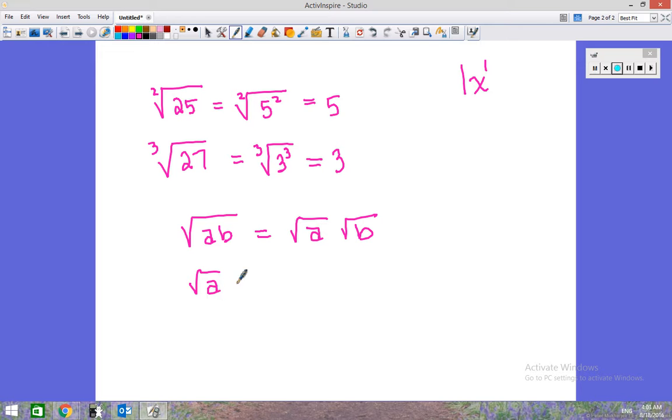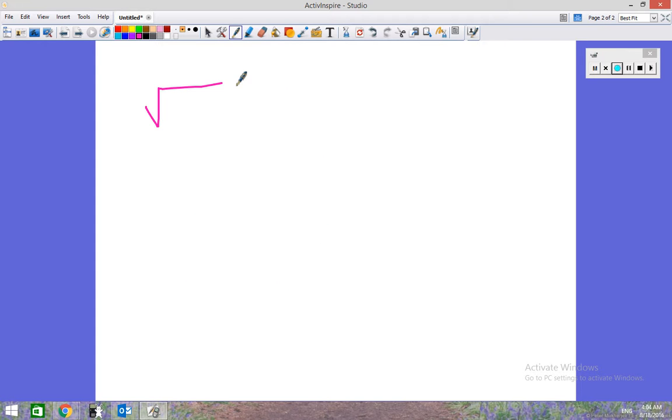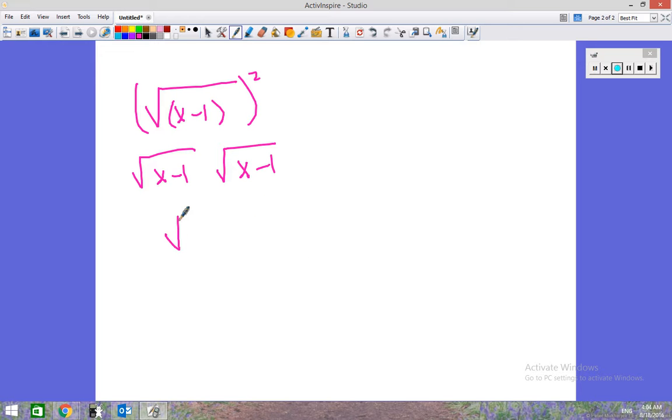If you have the square root of a times the square root of b, you can look at it as the square root of ab. So if I have the square root of, say, x minus 1, and I square that, then what I have is the square root of x minus 1 times the square root of x minus 1. I have the square root underneath one radical,